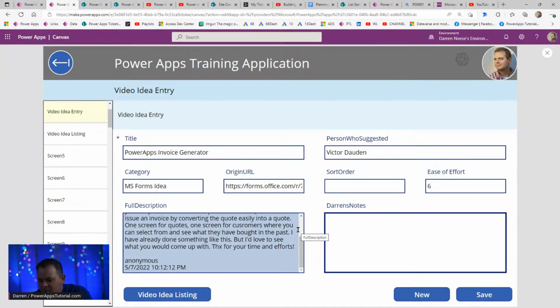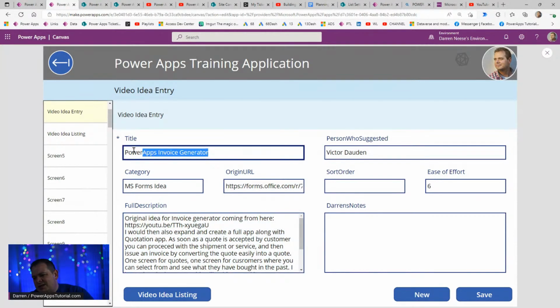Okay, what I'm going to do here is I'm going to change this. Not so much an invoice generator. I would say this was a quote, like an estimation quote generator. And I would say estimation quote system or application. Okay, I'll change that to that. And in that case, as he sort of described that, that would be more of an effort. I'd put that down as maybe a 3. That would be quite a bit of effort because I would almost need to design that application,